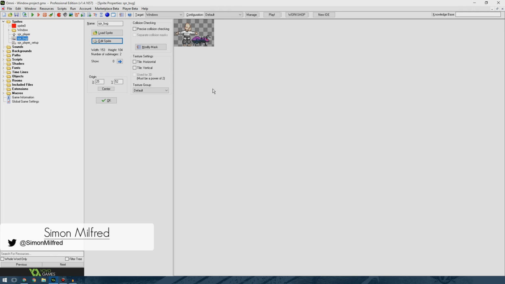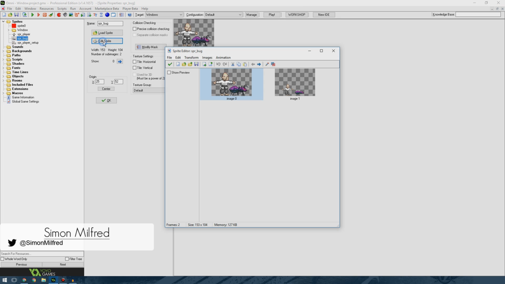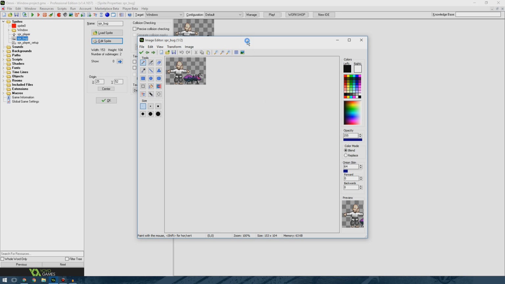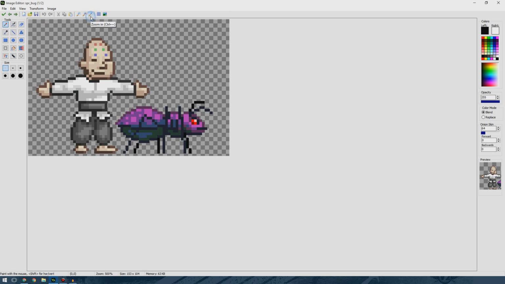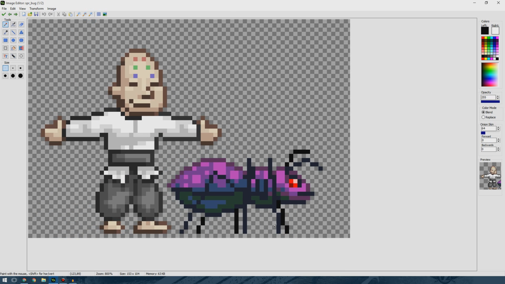Today I'm going to animate this little bug I've created, or software bug, which is the currently right name for the enemy. It's of course for the game Omni I'm working on with my friend Joe, and this is how it looks. It is about half the size of Omni,